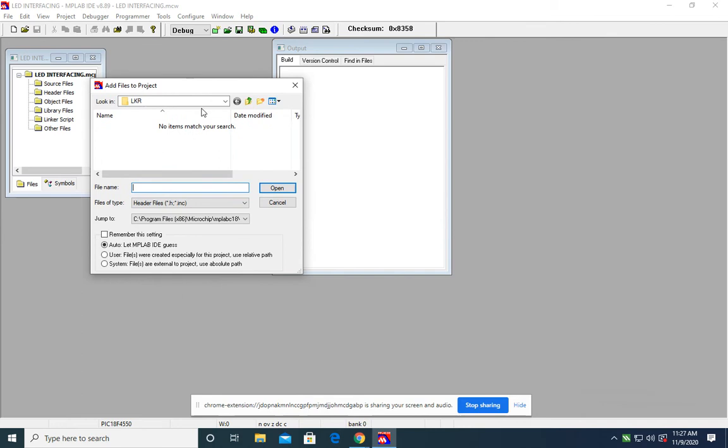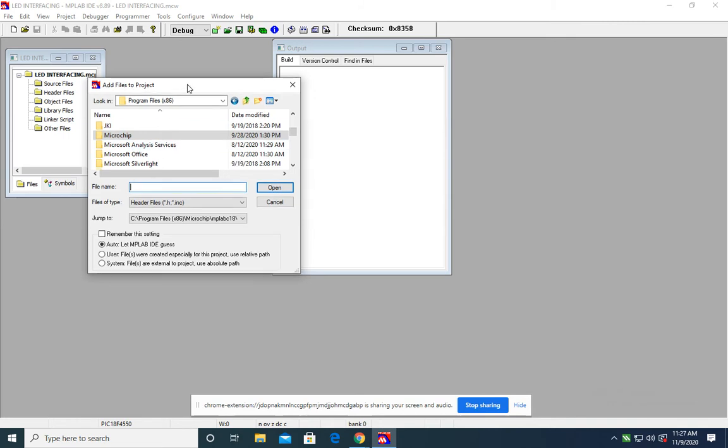Here you will observe the MPLAB 18 folder, which is available in the microchip folder, and this microchip folder is available in program files. If you don't get it, search in program files of your computer or laptop, where the microchip folder is stored after installing MPLAB IDE v8.89.